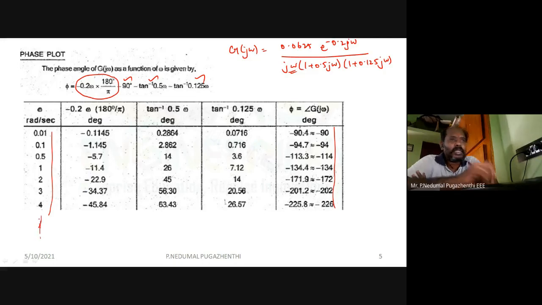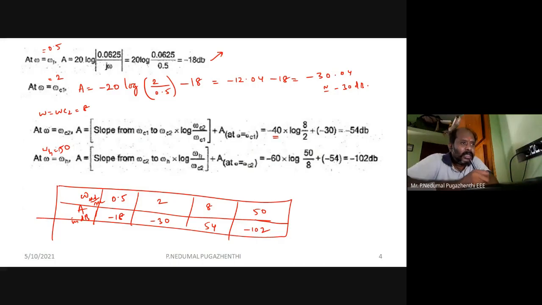If I want to get a very smooth curve, I can go further, extending my omega values. One thing I have to see here: every magnitude value I am getting is in the negative values. So I have to have some value which is positive, and thereby I am getting a crossing over of the 0 decibel line also. As I have already said, you have to be very cautious in that. So let me try that.